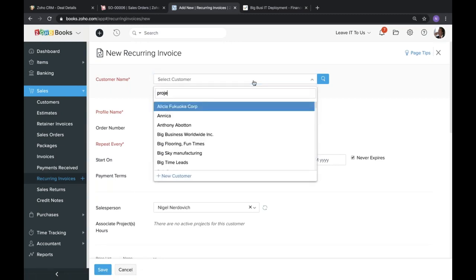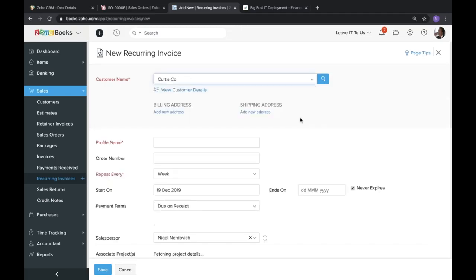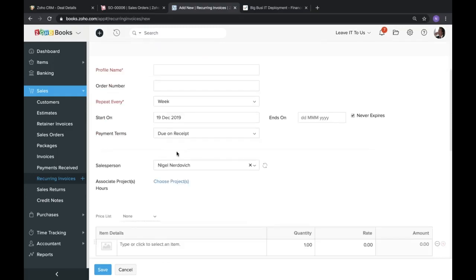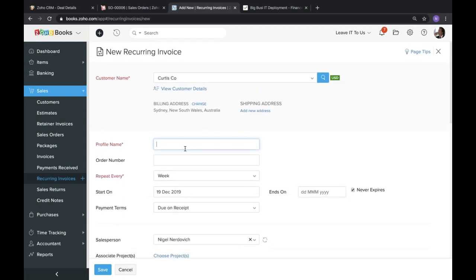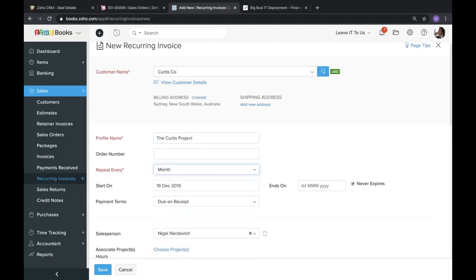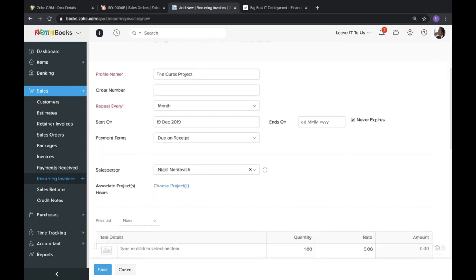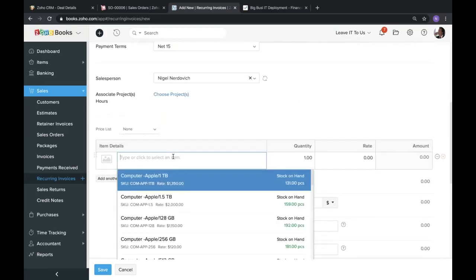And so to do that, I don't remember the name of the customer. Well, we can just use Curtis Co. again. What I would do to create a recurring invoice is choose a profile name, which is basically a way of grouping related invoices all together under one. So I could say the Curtis project. And then I can say how often I want to repeat it: every week, every month, every 2 weeks. I can say when the invoice is due. Is it due right when they get it? Is it due within 15 days? And then I can say,